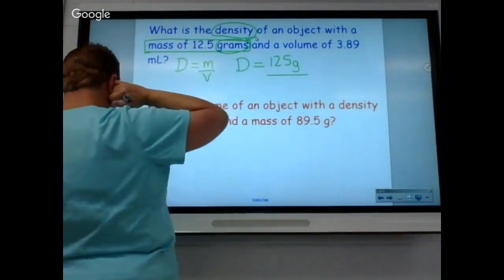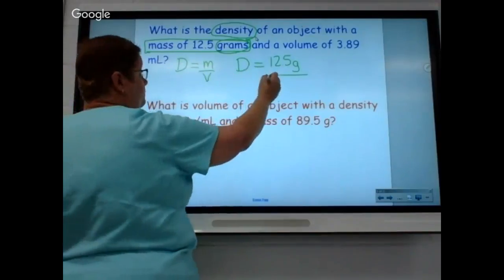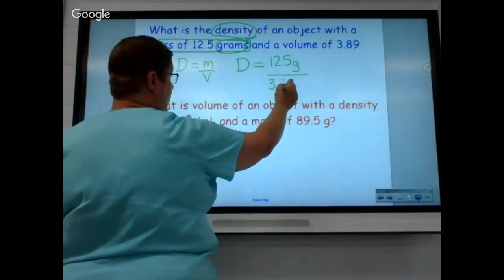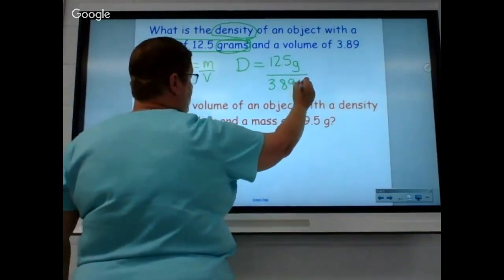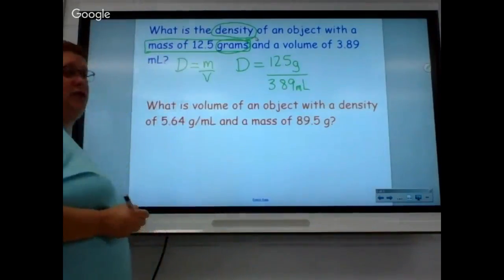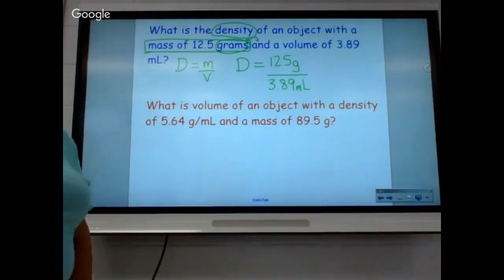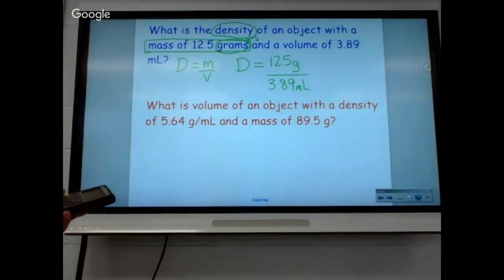Now, 3.89 milliliters has to be a what? Has to be a volume. Now, the reason that we're doing this particular question is to talk about the units. So to solve, it's nice and easy, punch it in the calculator, because all we have to do is divide,